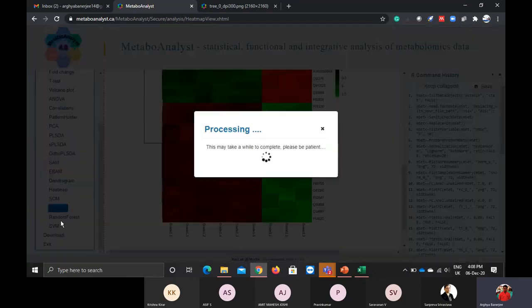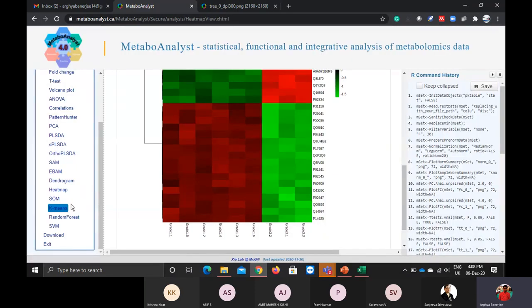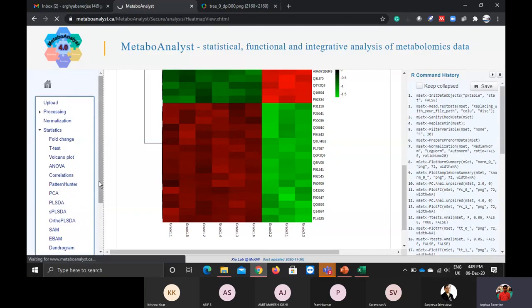Yeah, so these are the k-means. This is not the only software. There are other software also, like Prodigy, Perseus. Each has its own merits and demerits. You have to know what kind of data you are going to analyze and what kind of data you have to make sense of.